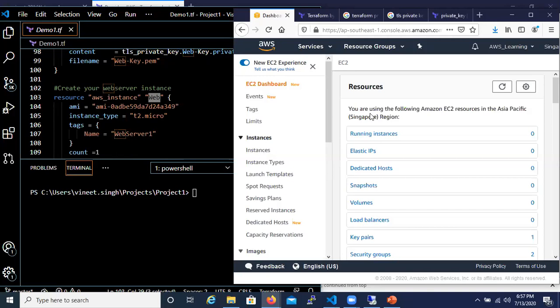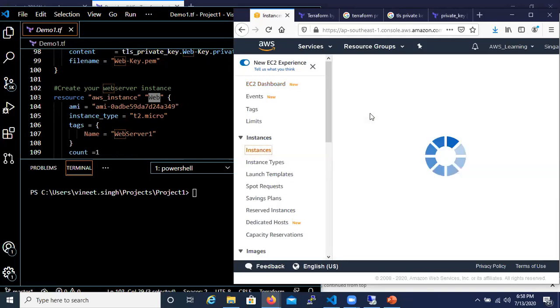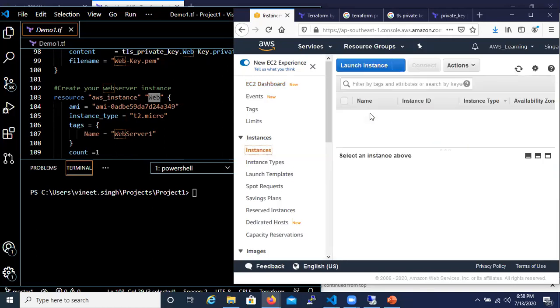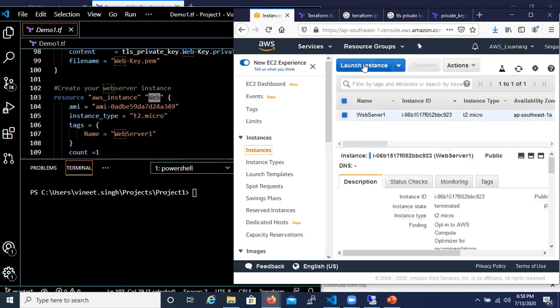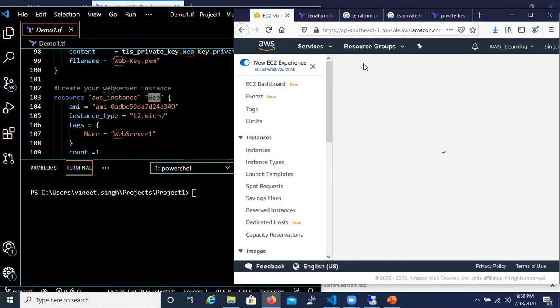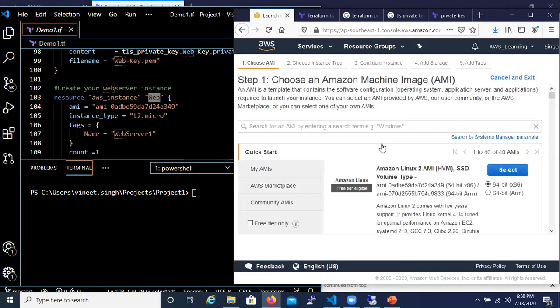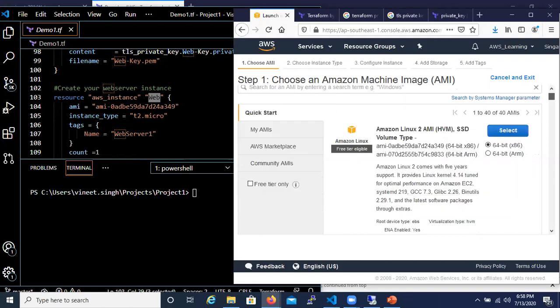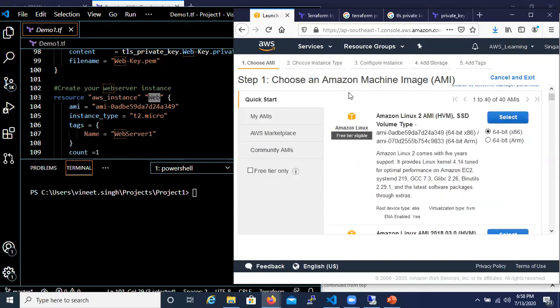Let's say from here, if I click on launch an instance, it will be providing me the different images. So in AWS, you have a set of AMIs.